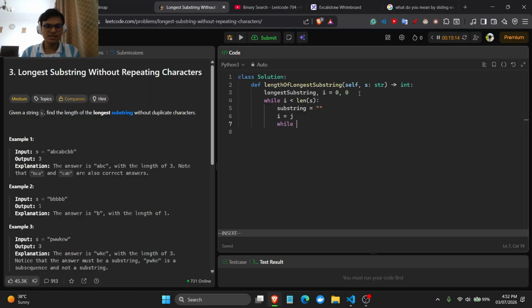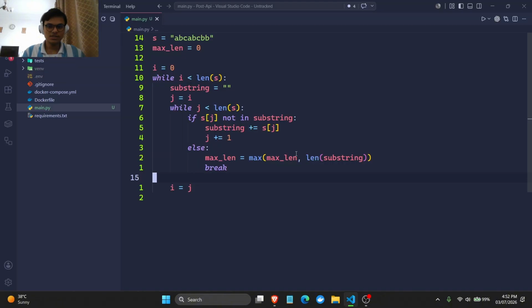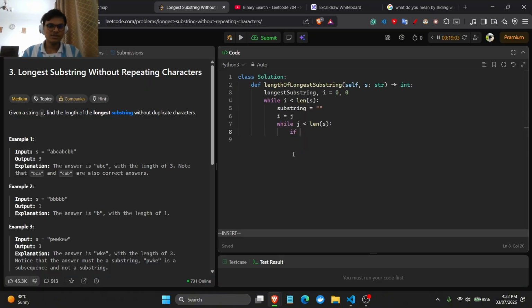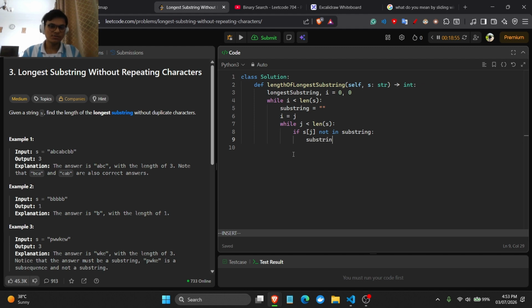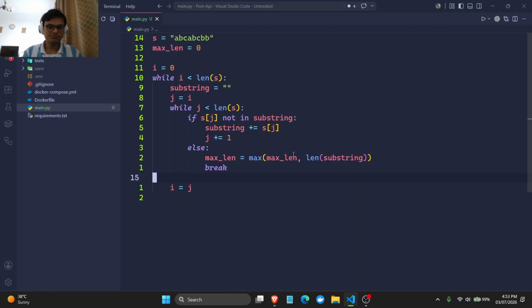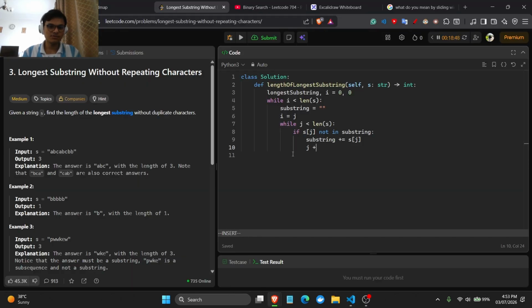Now while j is less than length of s, right, and I'm going to say if s[j] not in substring, it is not in the substring, we'll do substring plus equal s[j] and we'll do j plus equal 1, else we will say